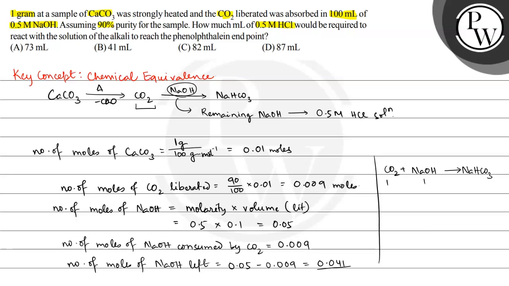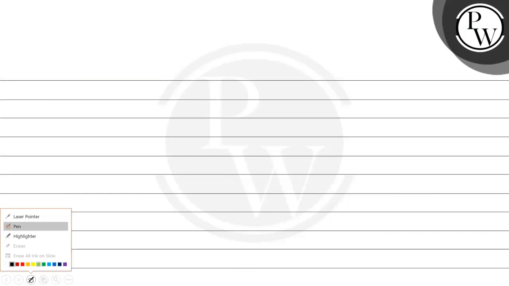Alright, so 0.041 moles of sodium hydroxide present है अभी, जिसको कि हमें 0.5 मोलर HCl के साथ titrate करना है. Alright, now again we know that HCl reacts with NaOH to give NaCl plus